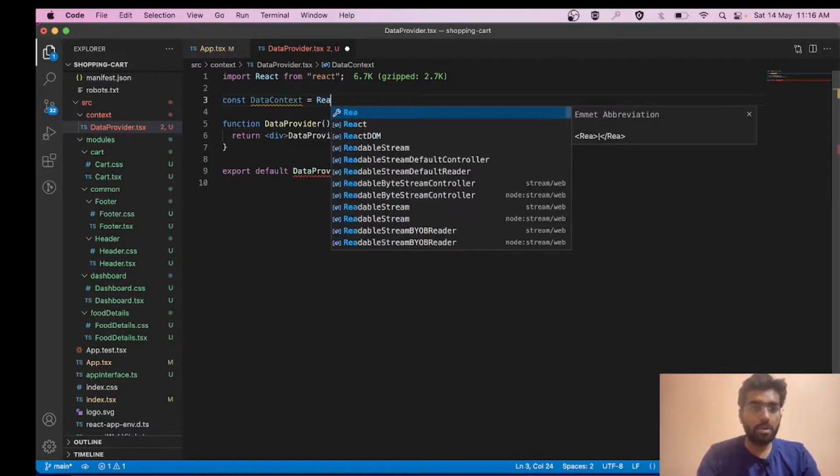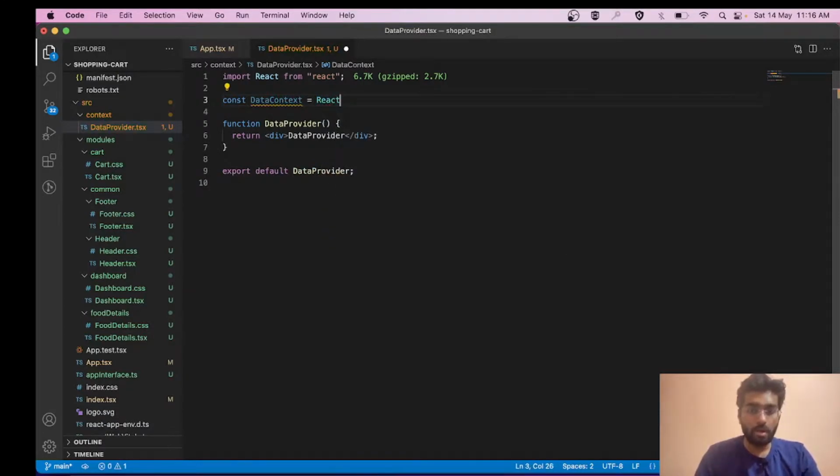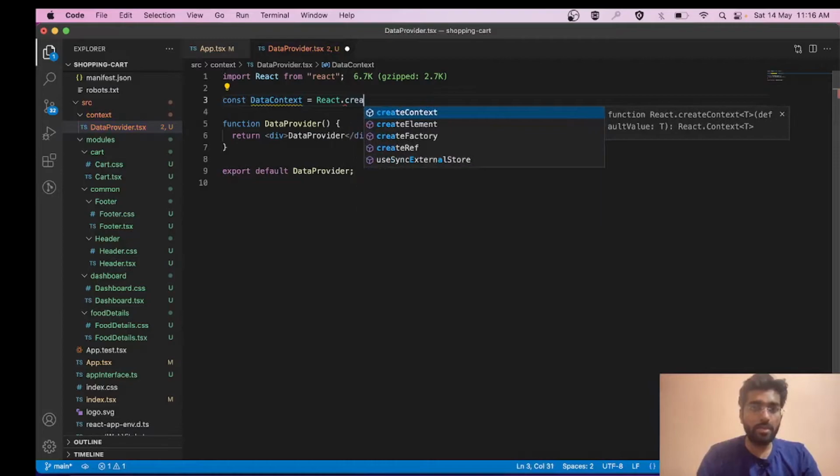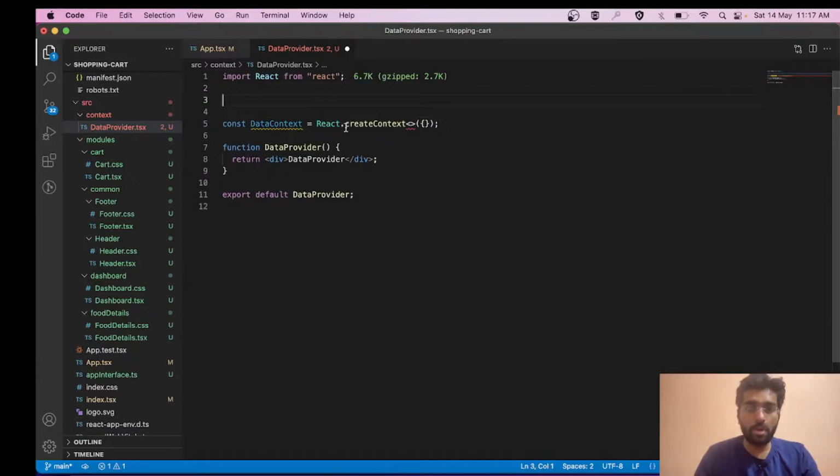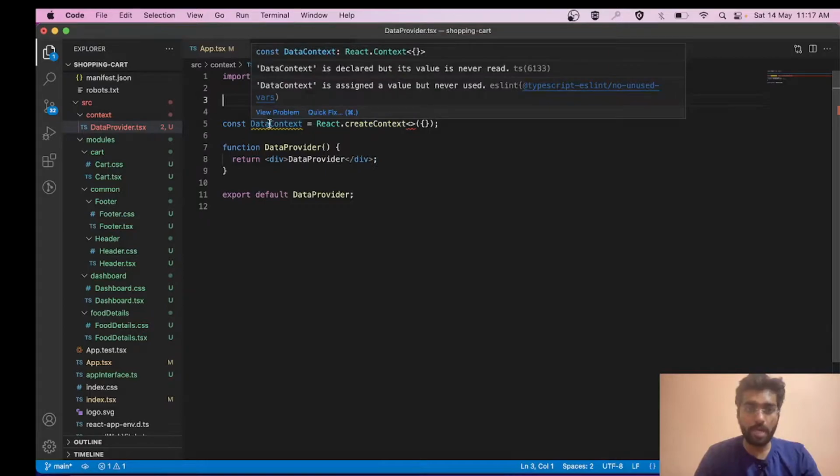In React, you can create the context using React.createContext, and it takes some default value that I'm going to pass as an empty object right now. It can also take the type over here, like what will be the type of the context, what kind of value it is going to be emitting. I hope you all know the concept of context.